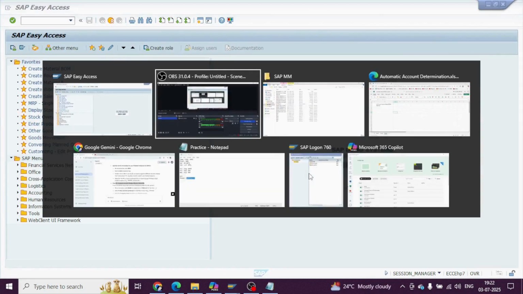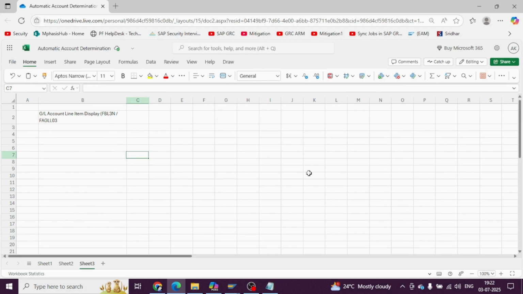Let's start understanding the automatic account determination with system centric. What happens in the system, how this GL account will be determined automatically in the system. So to make it more understandable, GL accounts are nothing but general ledgers, where, if you remember, in any of